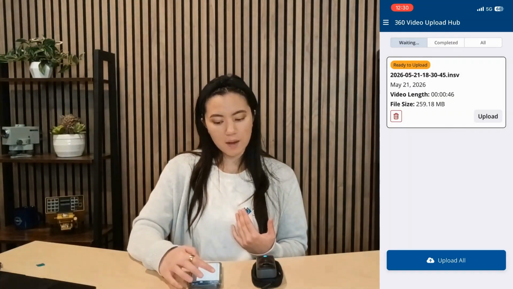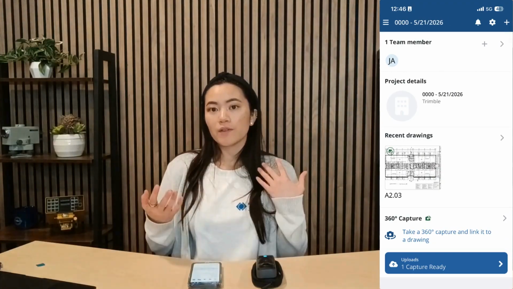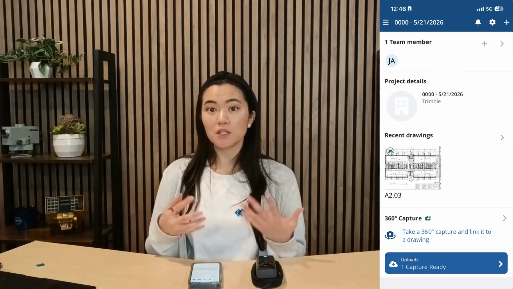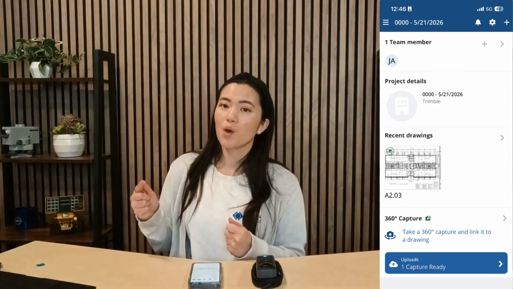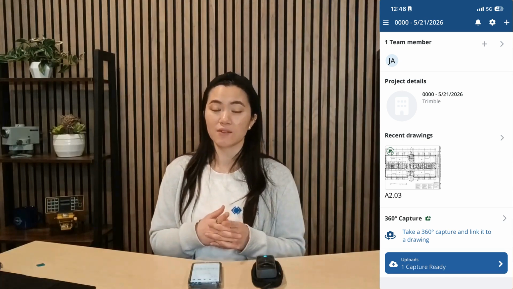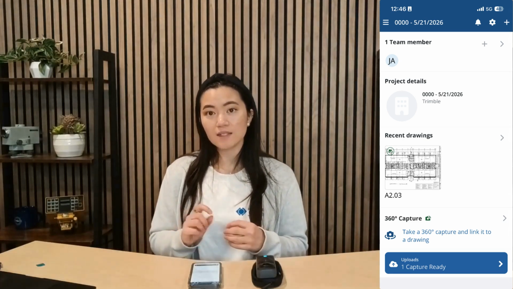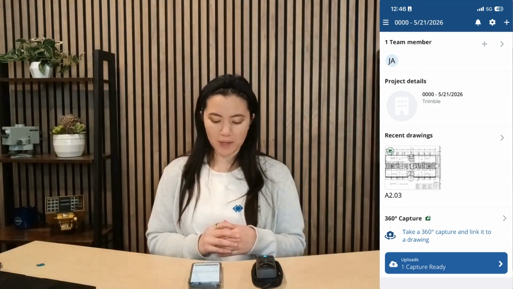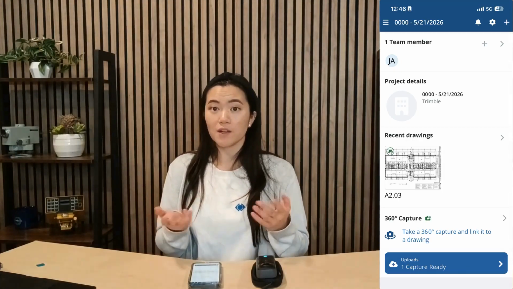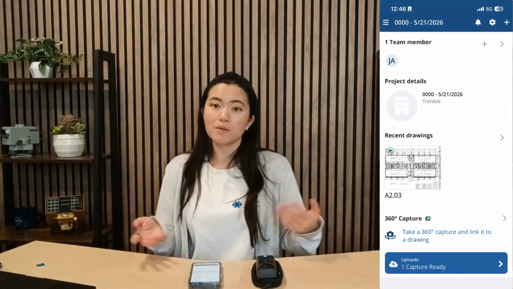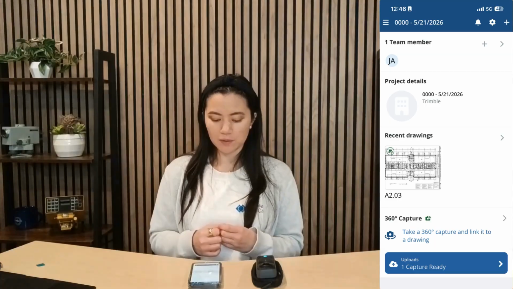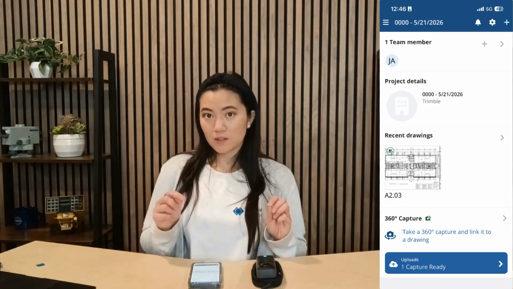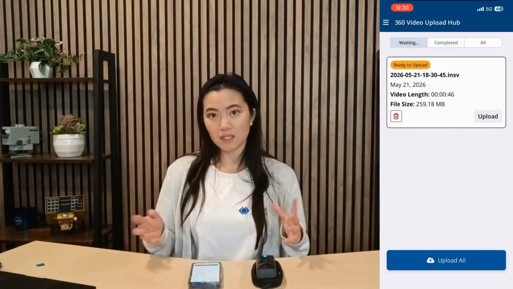There's another way to get to this hub, and it's from the home page. This is recommended if you know you're going to take multiple videos in a day and you want to bulk upload them instead of uploading them one by one after you take each of them. You can access the Upload Hub from the bottom of the home page only if there are videos to upload. If you don't have anything to upload, then you will not see the little banner at the bottom here that says Uploads, Capture Ready. I'm going to click this from the home page and it takes me to the 360